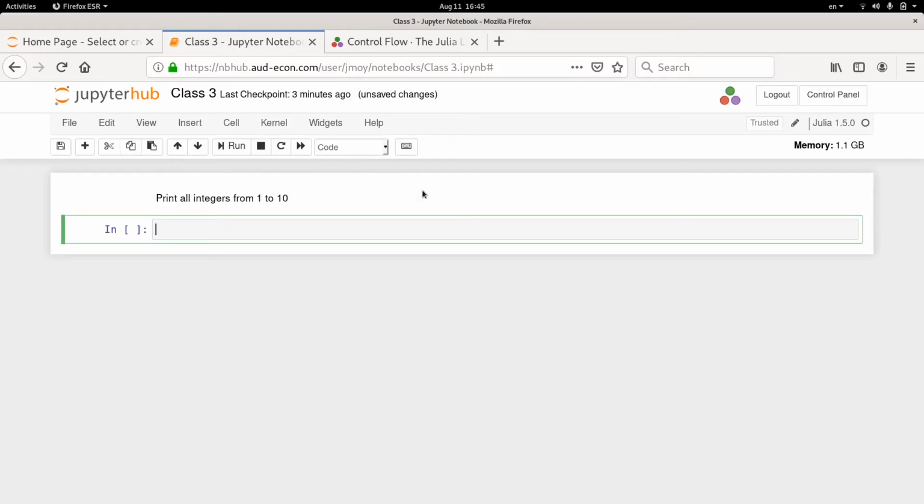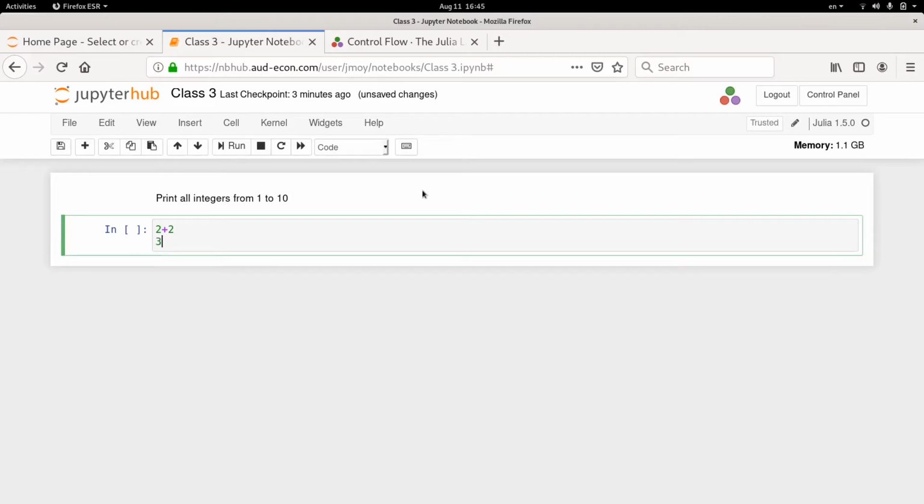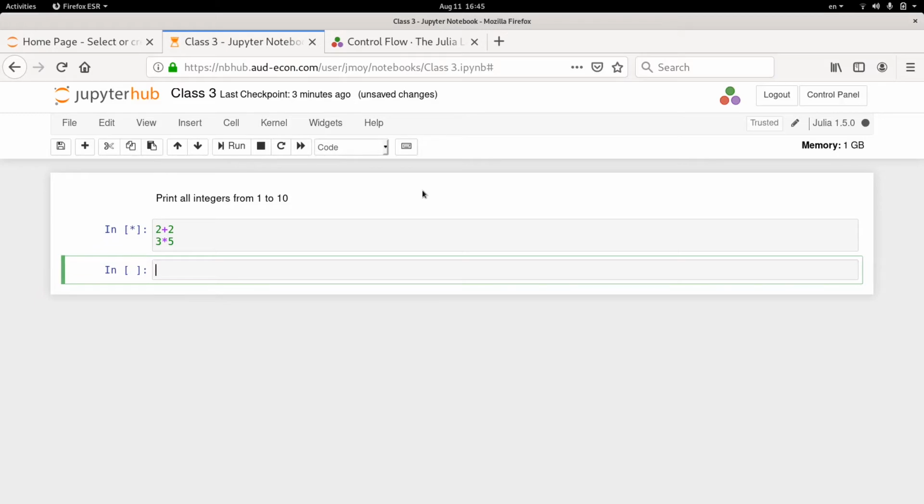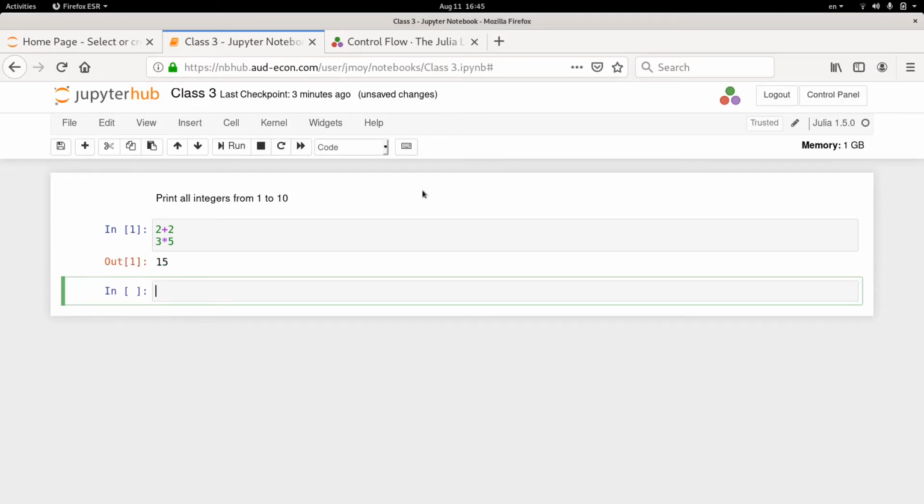So how do you print something? So far we have been relying on a built-in feature of the Jupyter notebook that you evaluate some expressions, then the value of the last expression is what is printed out. Suppose you can put more than one expression in a cell, by the way. So if I say 2 plus 2 plus 3 into 5 and I press shift enter, then you get the value of the last expression, 50. But now I want from a single cell to print out multiple numbers. So how am I going to do that?